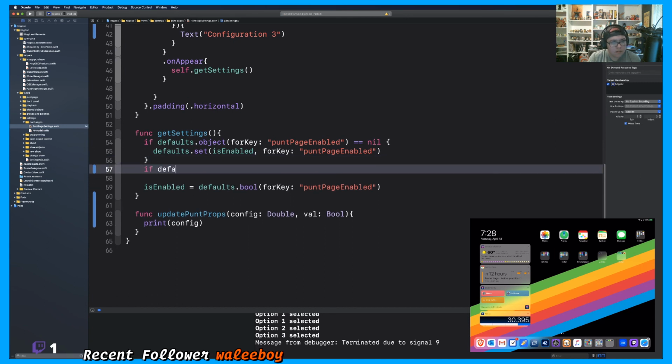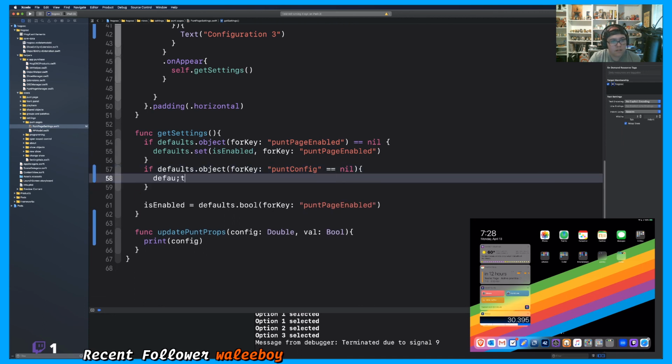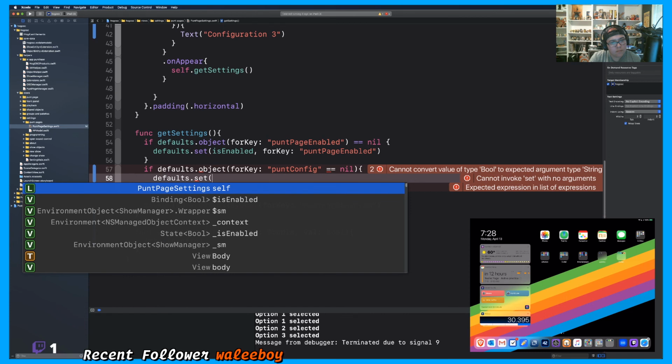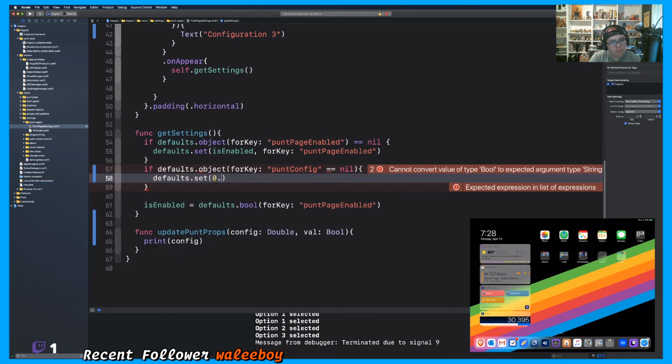So if defaults dot object for key punt config equals nil, defaults dot set for key